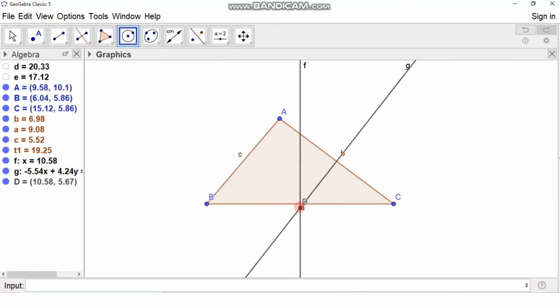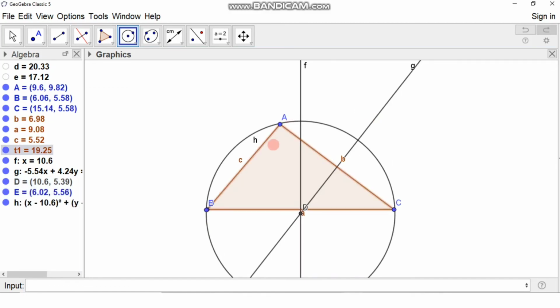Then click on point D, as we have to take point D as a center and we have to draw a circle. So click on point D and move the cursor so that the circle we get passes through all the three vertices of this triangle ABC. Then click on it, we'll get this circle. As we can see, the circle passes through all the three vertices of triangle ABC. That's why this is the circumcircle of triangle ABC. So this is how we can construct the circumcircle of a triangle by using GeoGebra.